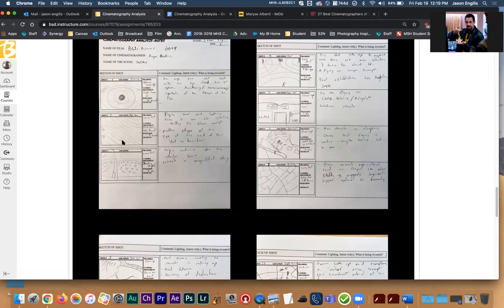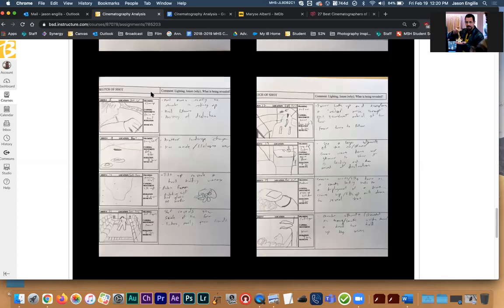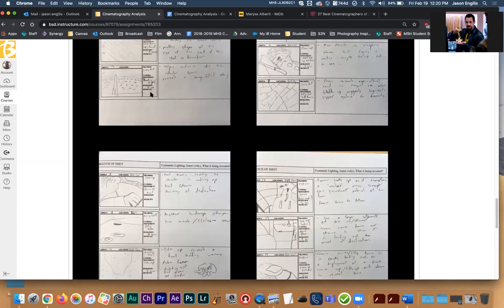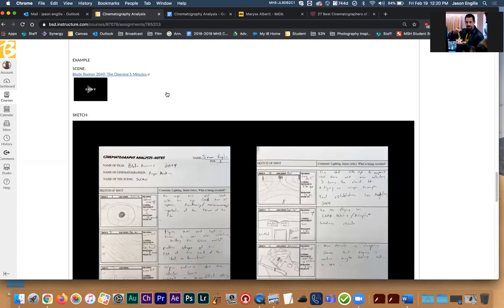So if you go scene by scene, shot by shot, take the time to sketch it out, take the time to jot some notes down. I'm not looking for excellent drawing skills. Just try to get your foreground and your background and a general sense of the direction of the camera. And then you could use that when you create your video. So let me make sure that I have this set up.